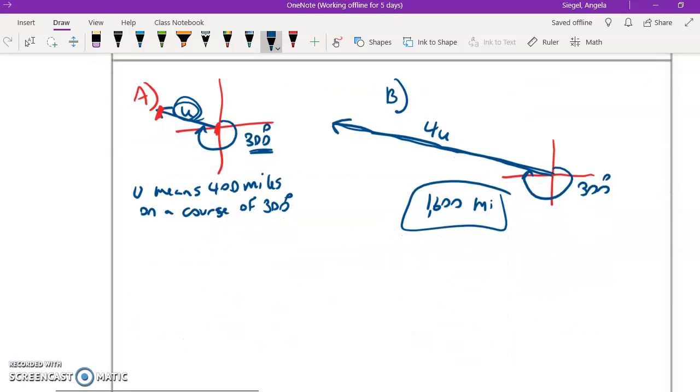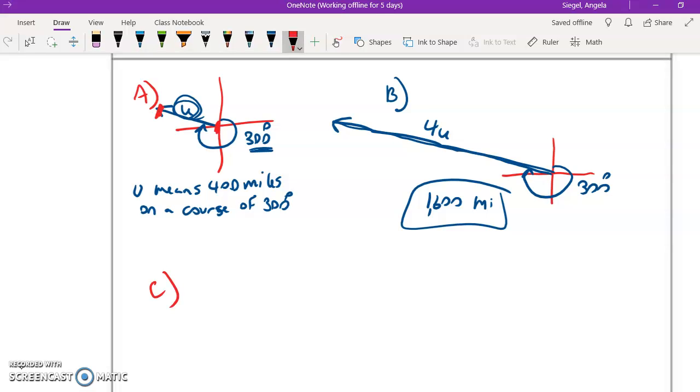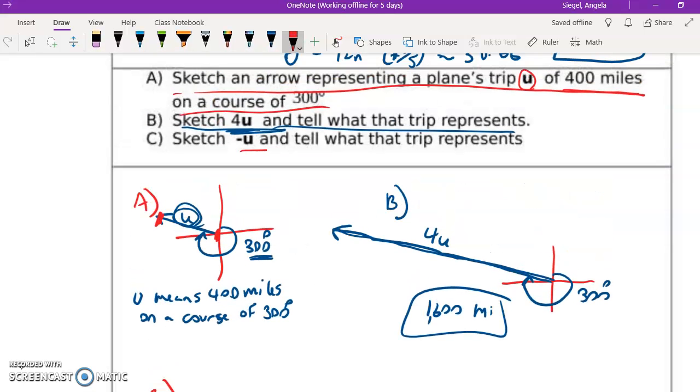Okay, now let's go to C. So C is negative u. So think about this. If u is going this way, it's going to go